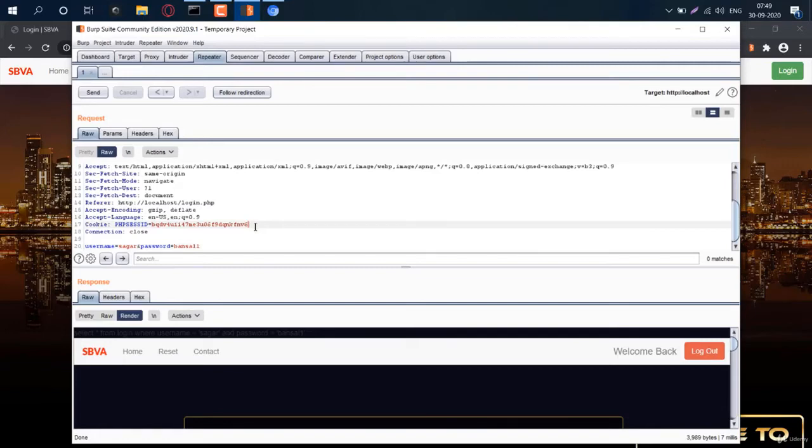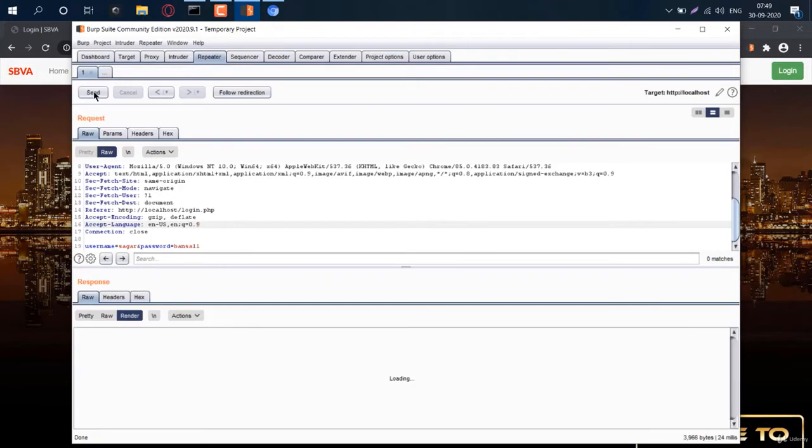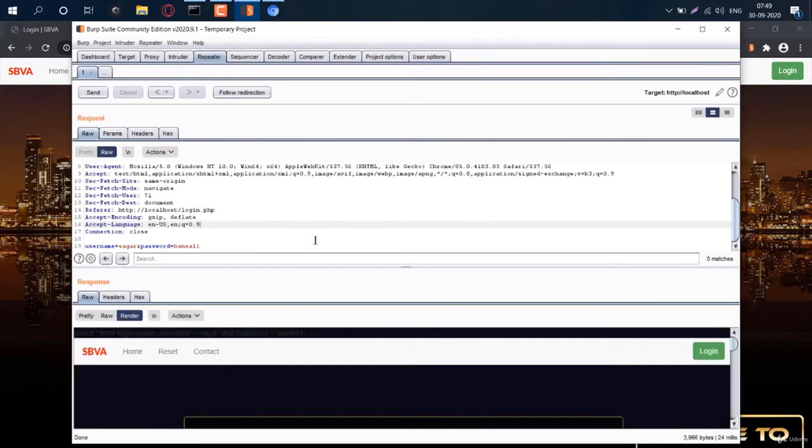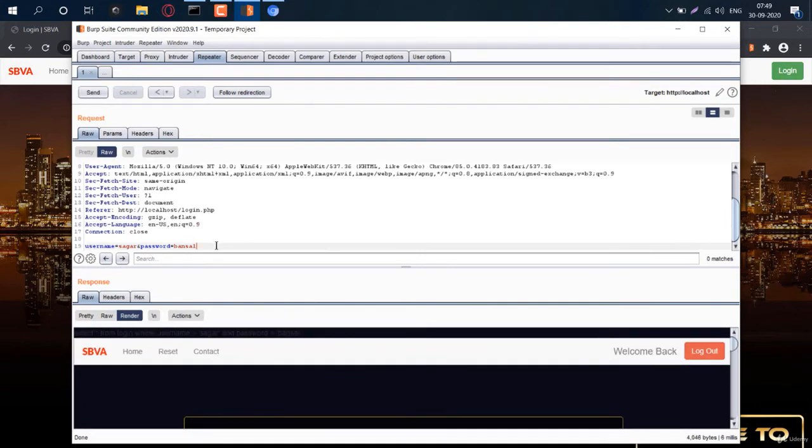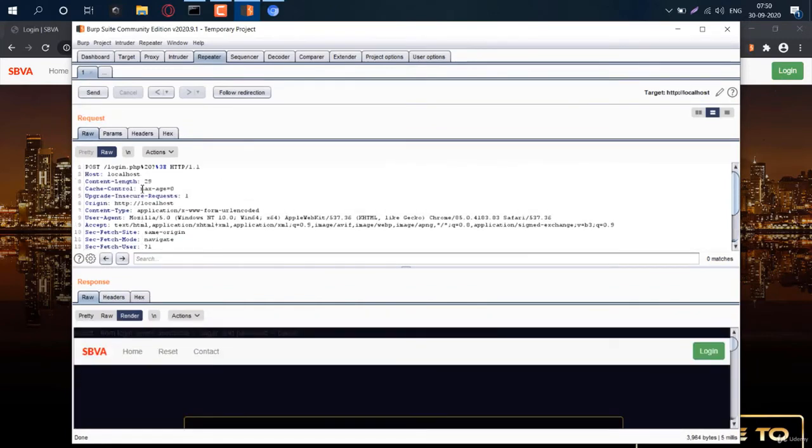So instead of pressing the logout button, which is practically not possible since it's just a response, I can go ahead and remove this cookie at all. Once there is no cookie, the website doesn't recognize whether I am logged in or not. It just processes the request. Let's try again. Now you can see I'm not logged in. If I type the right password, if I press send, I am logged in. If I again type the wrong password, I am not logged in. Though the request is working fine,